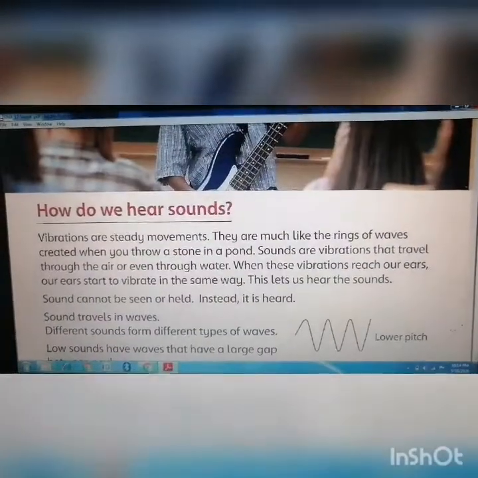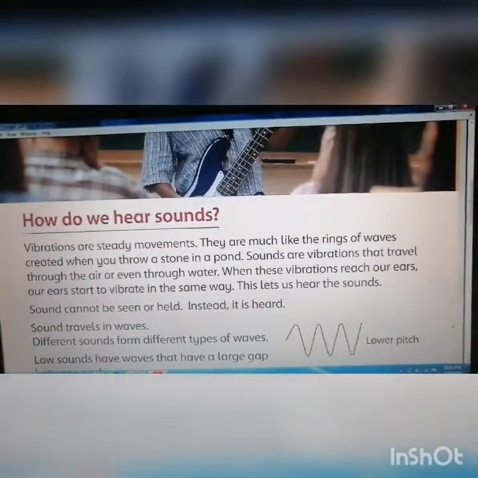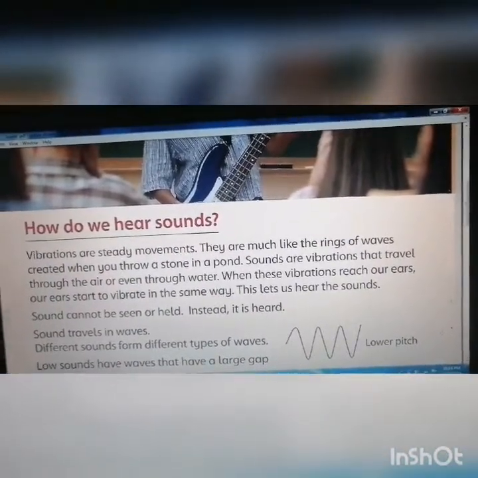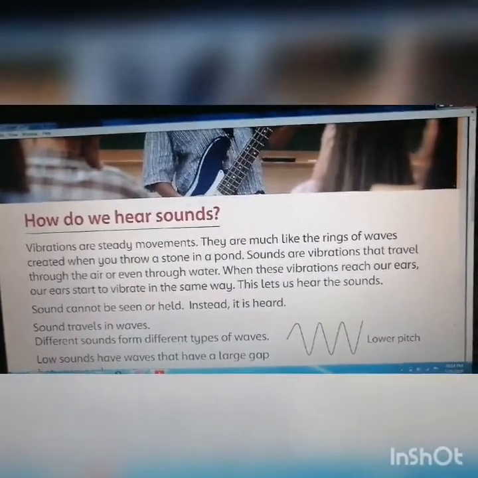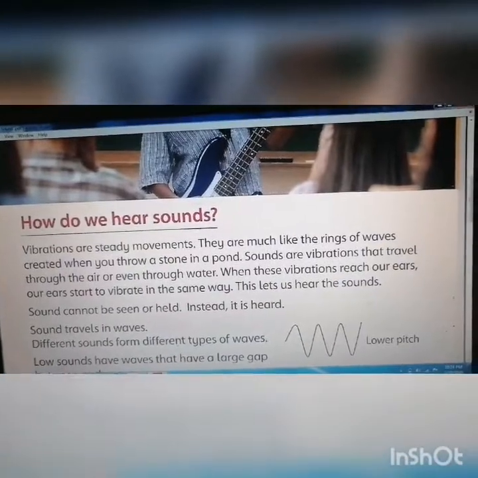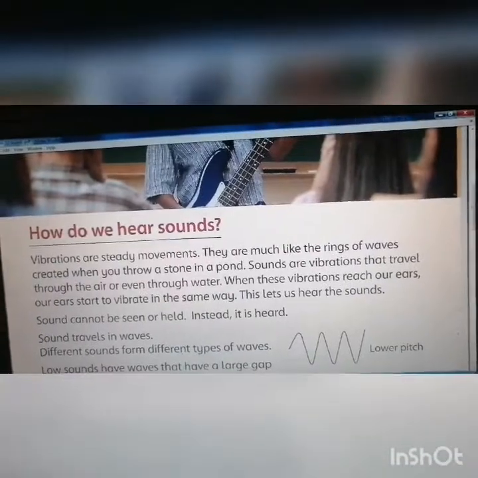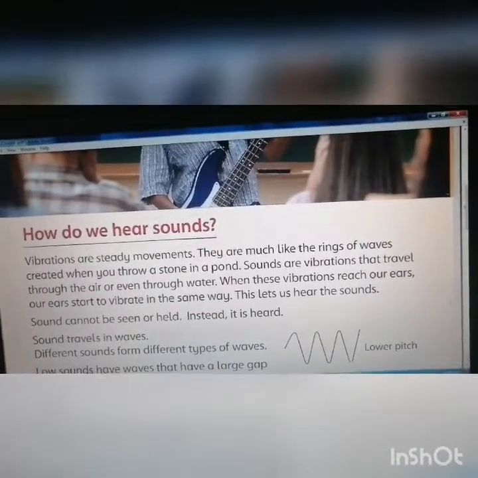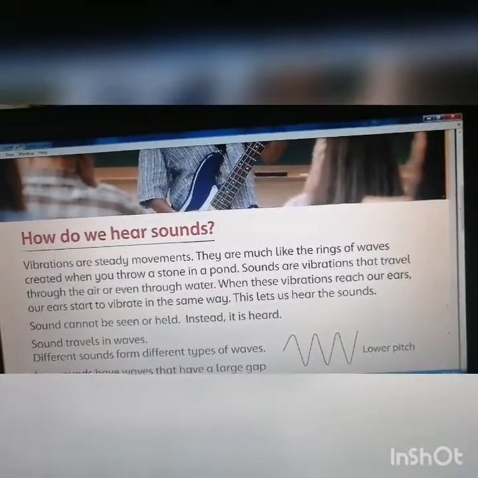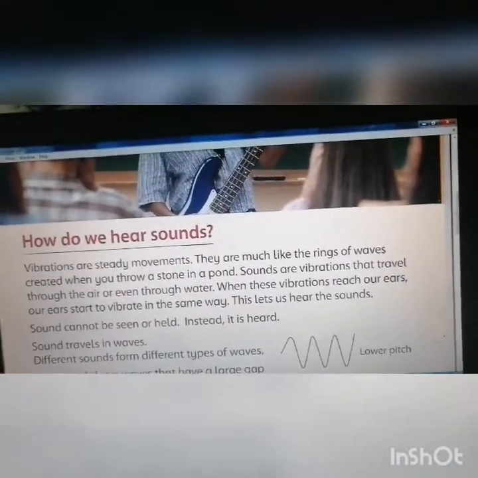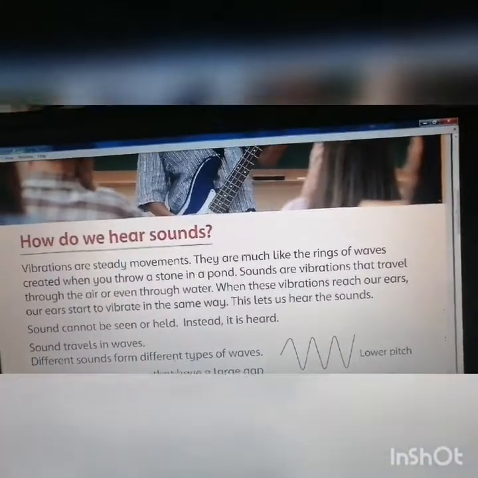Okay, now the other question: how do we hear sounds? For example, the sound is produced like I'm talking, but how in the world are you able to hear me? You know what? When we are talking, it's not just the words coming out of our mouth. When the sound is coming out from the instrument, it is colliding with the air around us. Air is always around us, and we have discussed that we can feel the air when we are running or walking, but the air is still around us.